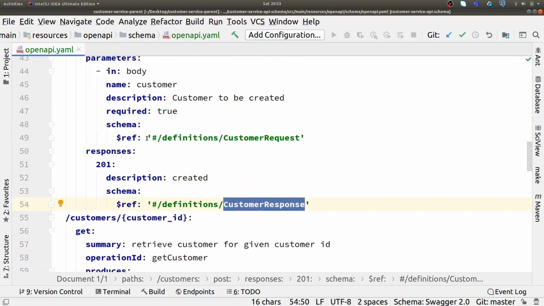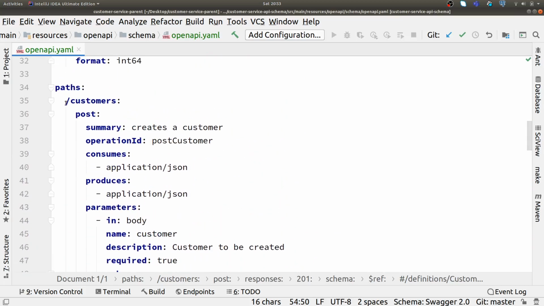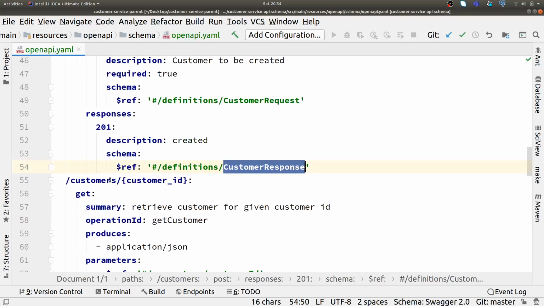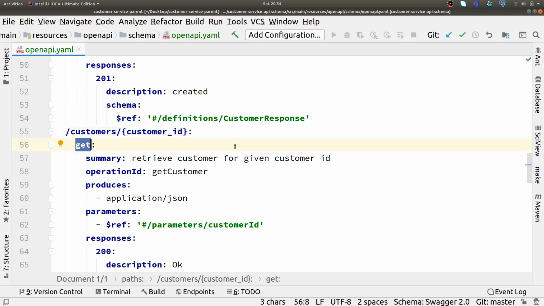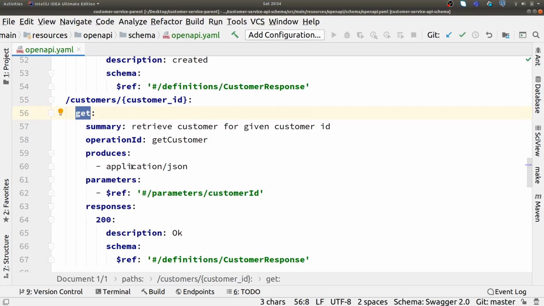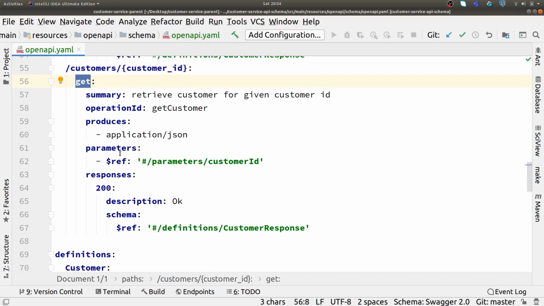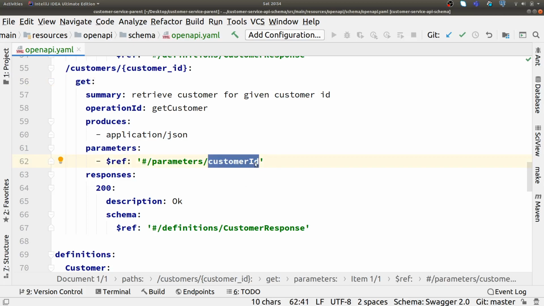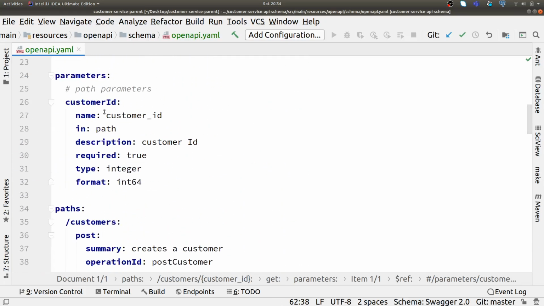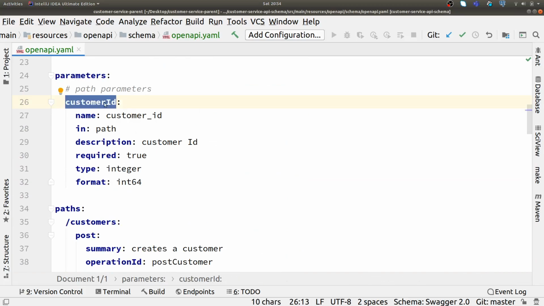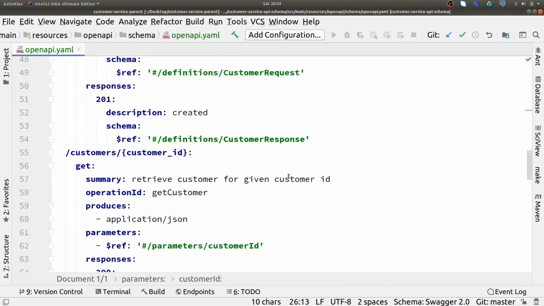The next endpoint will also be under the same root, /customers/customer ID. That will be the get call to retrieve a customer for a given customer ID. It will produce application/json. The parameter is #parameters customer ID. This customer ID we already defined before, and that same reference we are using here.